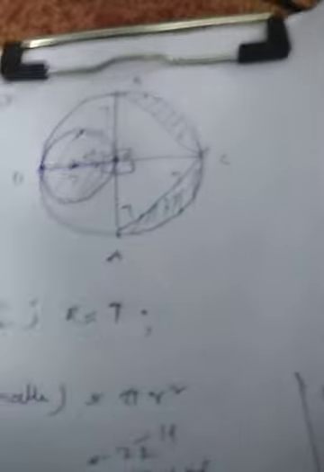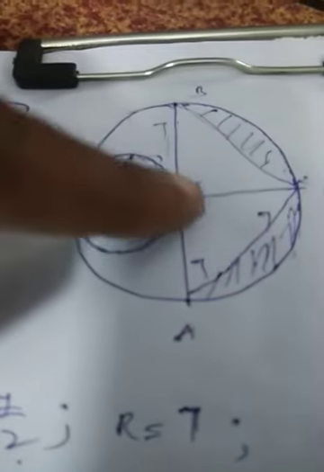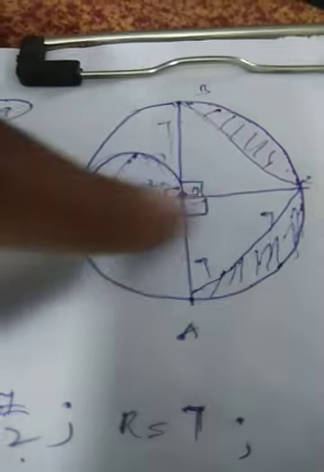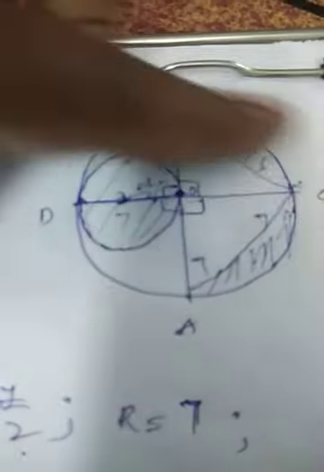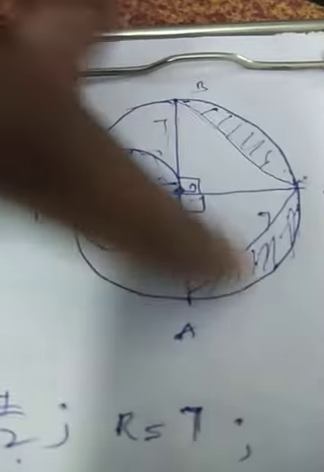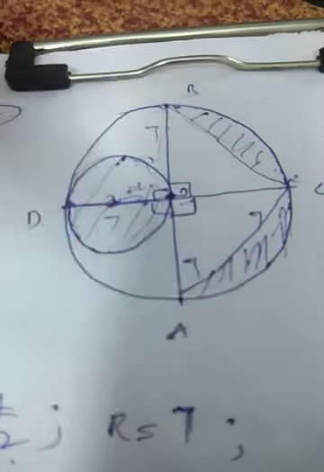Once again I am telling you. Here they have given this circle, so we need to find this shaded region and this shaded region. For that, first of all we have to calculate this circle area. Already this is 7, and this radius will become 7 by 2. Keep that aside, and we need to calculate this area. For that I can calculate this semicircle area, and from that I can eliminate this triangle area. How can I eliminate the triangle area? This is the perpendicular, why? These two are perpendicular to each other. Obviously perpendicular means this will become the height and this will be the base.